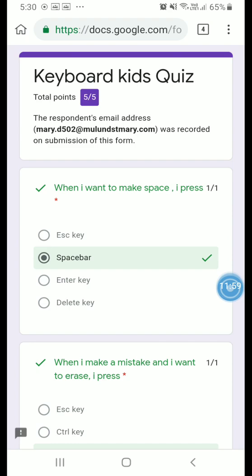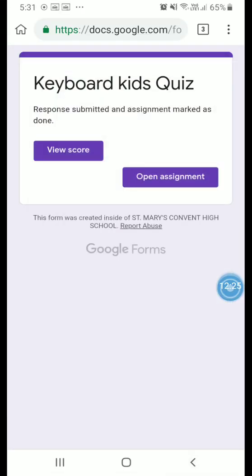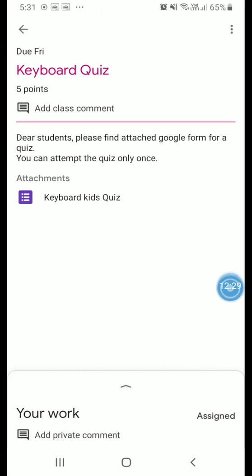But when you are opening the Google form, you make sure that, see, at the top you can see the email address, so that should be your school ID. Otherwise, if you are opening with your personal ID, the form will not open, it will ask for permission, because our school account is secure. So you need to make sure that your form is opening in your school ID. Now I have submitted the quiz also. Okay, I have completed all the assignments.